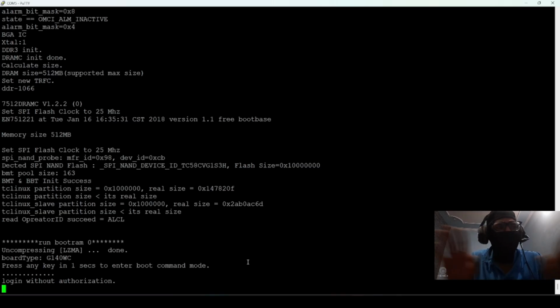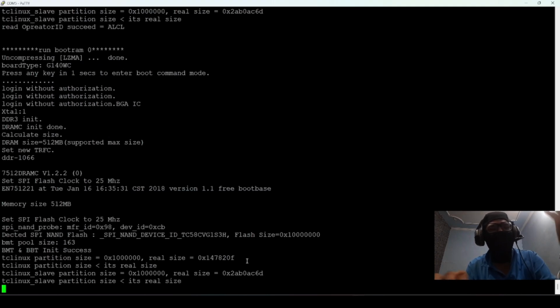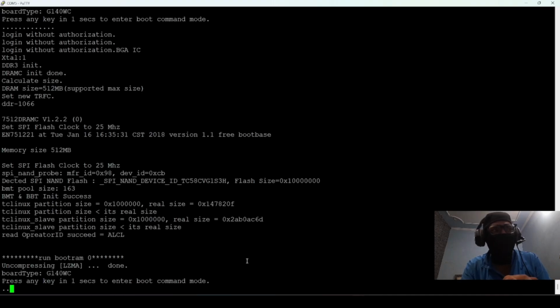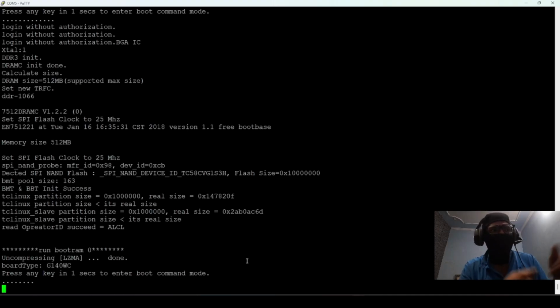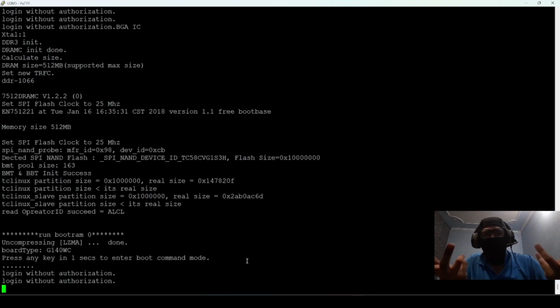I have no clue what this is, I do not know how to do anything about this. I have never seen this before, that you cannot get inside the boot command mode. You can type anything and enter, again anything and enter, and the third time it restarts, and I can do it all over again, which is absolutely useless. Okay, so how do we get into the root of this router?